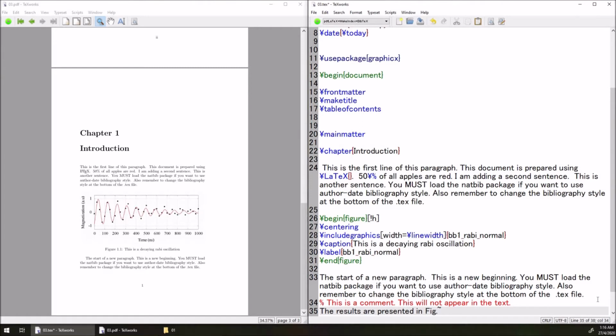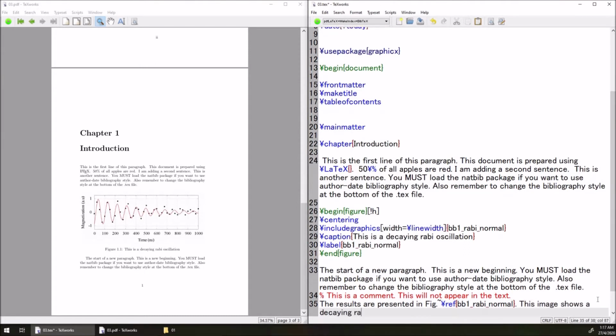I have a tilde there. If you don't remember what it's for, please check my previous video. So this is BB1 Rabi normal. This image shows a decaying Rabi oscillation due to